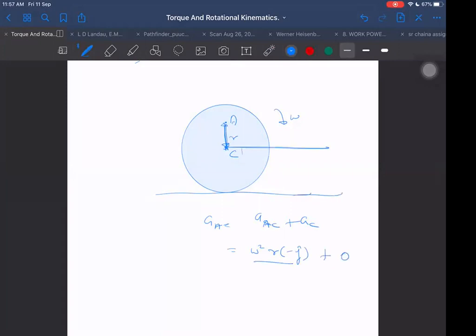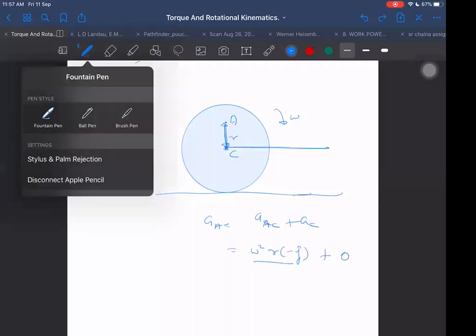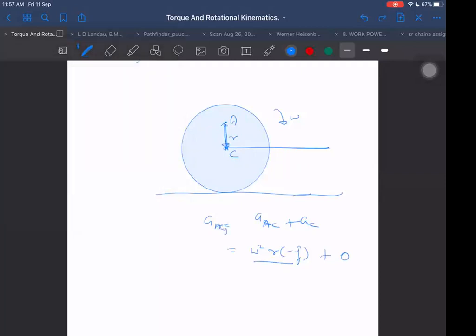So it cannot have any acceleration in the perpendicular direction, along j cap. Even if alpha is given, then also along j cap it will be 0 acceleration. And I want the equation along j cap. Why am I writing only along j cap? Because I need to find the radius of curvature. Radius of curvature is v square upon a perpendicular. Velocity of A will be in this direction, and a perpendicular will be along j cap. So I should take a perpendicular only.